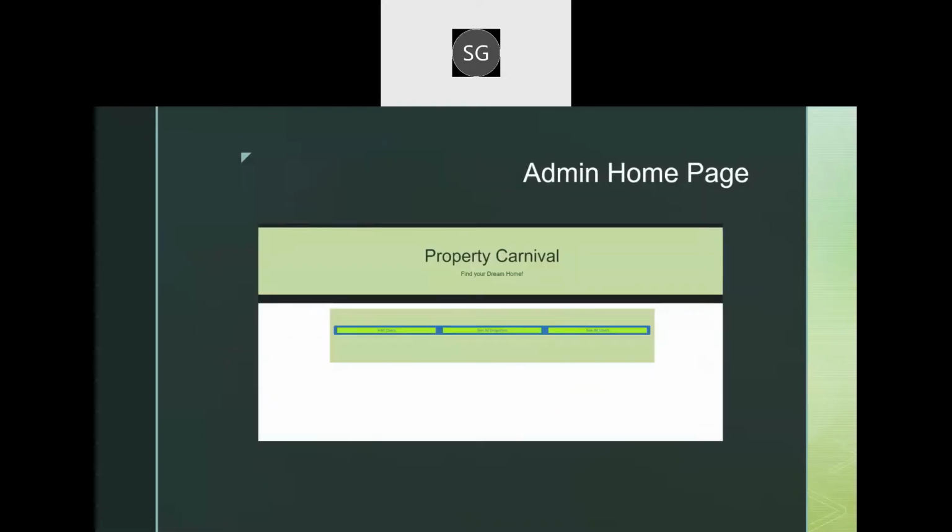Once an admin is logged in, he reaches its home page. The admin right now has three options. One is add users. Admin can add users to the system and see all the properties and see all users. So admin can see all existing users and see all existing properties and tweak them as per the convenience.